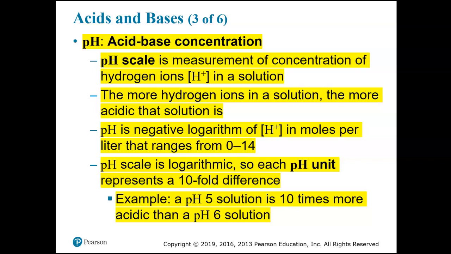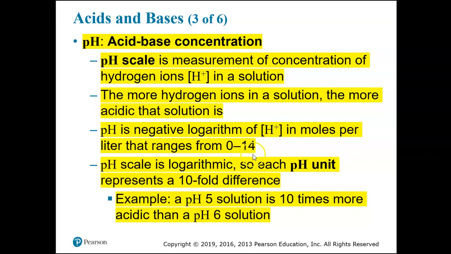We had left off with the definition of acids and bases. Acids are going to have a high concentration of hydrogen ions or protons, and bases are going to have a lower concentration of hydrogen ions or protons in a solution. The pH scale measures the concentration of hydrogen ions. The lower the pH number, the greater the concentration of hydrogen ions. pH ranges from 0 to 14, and acids are less than 7, bases are greater than 7,